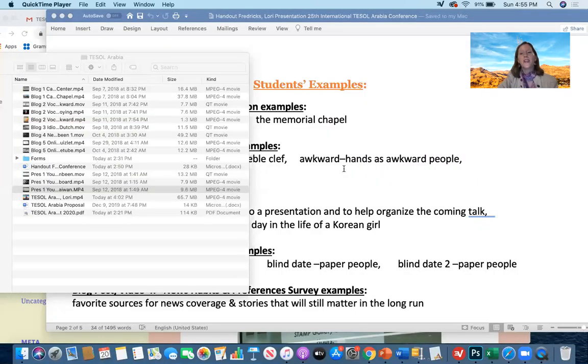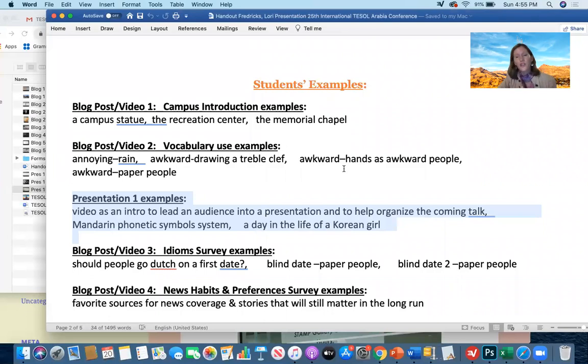There's always something to give feedback on, like the use of convenience store rather than convenience store, talking about word forms, giving feedback on grammar. So I'll elaborate on this a little bit more shortly. But I also wanted to share examples of the blog posts 3 and 4, which were times when they were out surveying people.